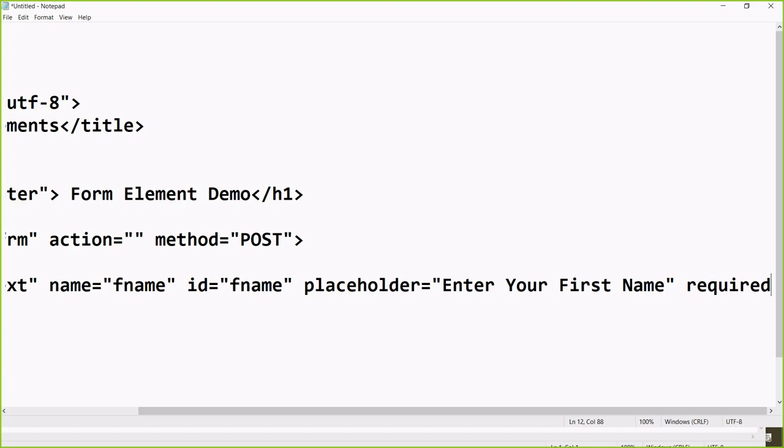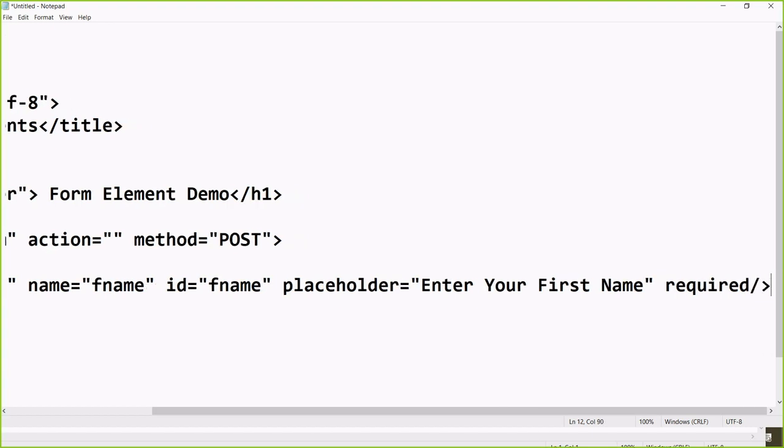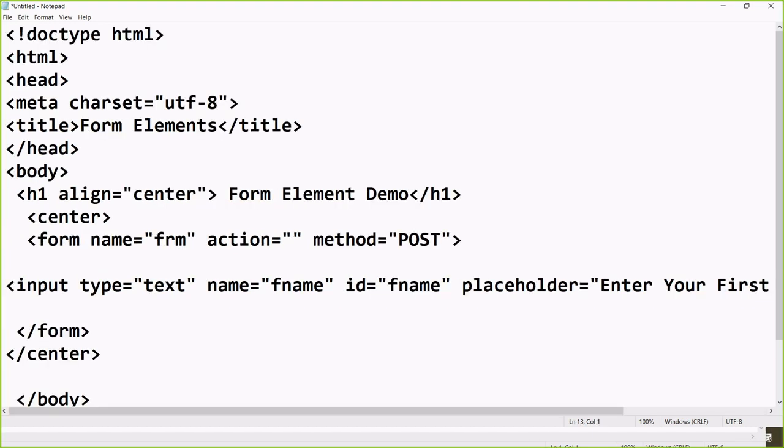So every input box has a certain purpose. In this box I want an email ID, something like that. So in that case, if you write required, without filling they cannot submit the form. Another validation we can do with the help of regular expressions. So these are the most popular attributes along with the input box. Then we can close, right?